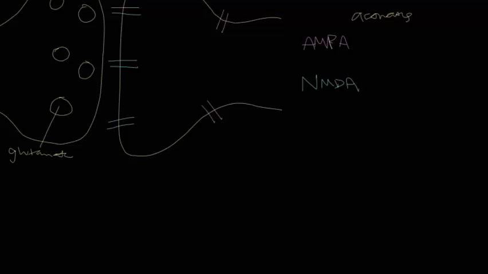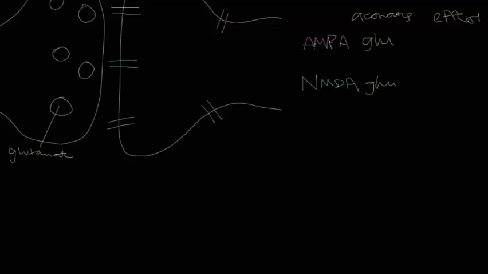So what's going to cause it to open and do its thing, and what effect does it have on the postsynaptic cell when you activate it? So in the case of AMPA receptors, what activates it is glutamate, so it's a glutamate receptor, and it's pretty simple. So that's it. For the NMDA receptor though, it's going to require glutamate because it's a glutamatergic receptor,